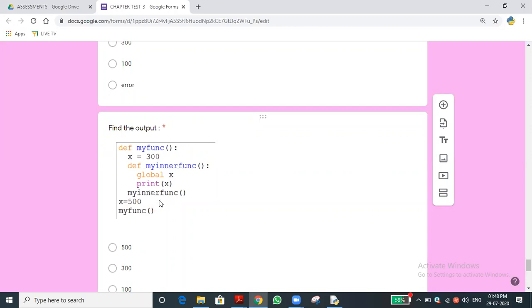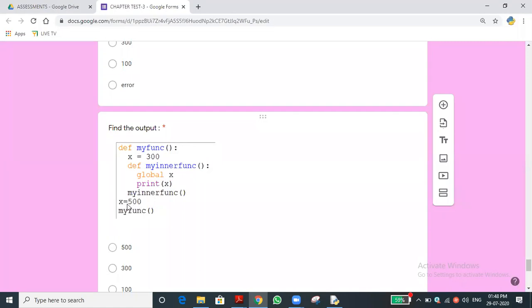Sir, by using global in a function, we can make a variable global. After global h, if we write h is equal to 300, it will be converted into global, no, sir? Global x means it will refer to the global x value. What is the global x value? 500.